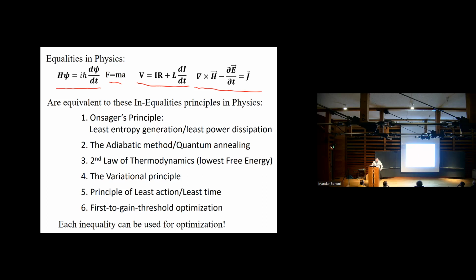For example, here's one I'll mention quite a bit today: the second law of thermodynamics, which is famously an inequality, that you are constantly increasing the entropy of the universe. And there are other inequalities here, maybe the variational principle, principle of least action, and so forth. Now, I've actually ordered this list by which inequalities are most used for optimization, because every inequality is pushing a physical system in one direction. And therefore, it does optimization.